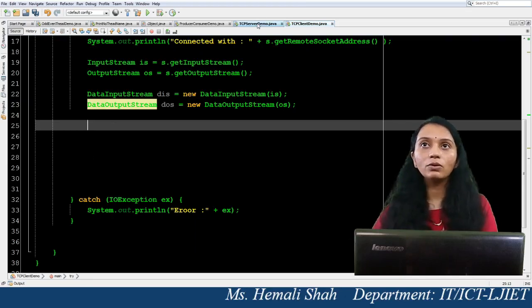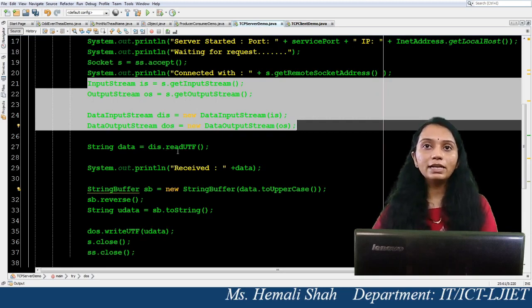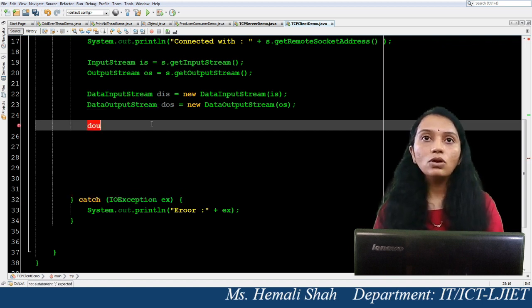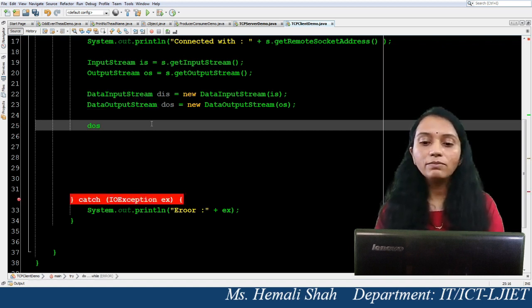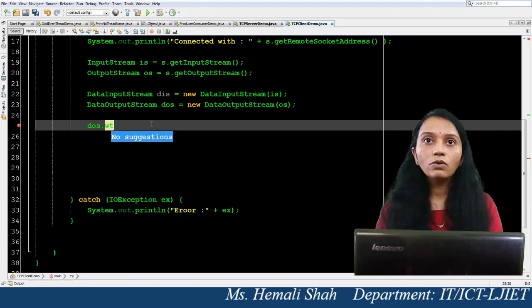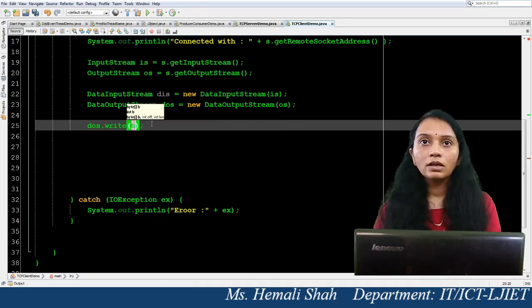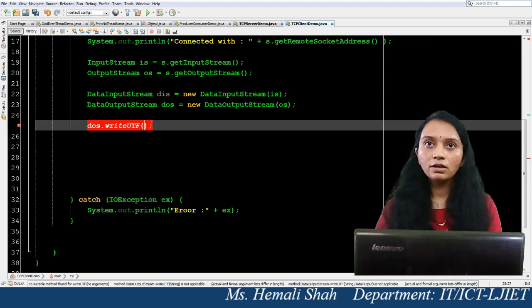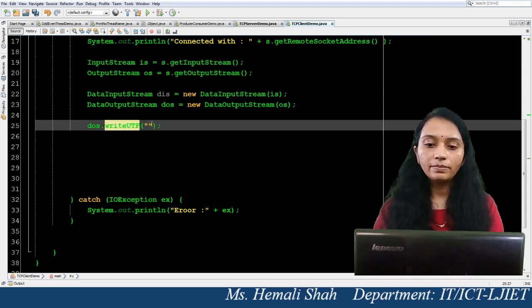So in the server program, first of all you are reading something, so in the client program you have to write first. To write something I am using the object dos.write. Say for example I want to write a string, so the function name is writeUTF, and I want to write the data hello, how are you, right?